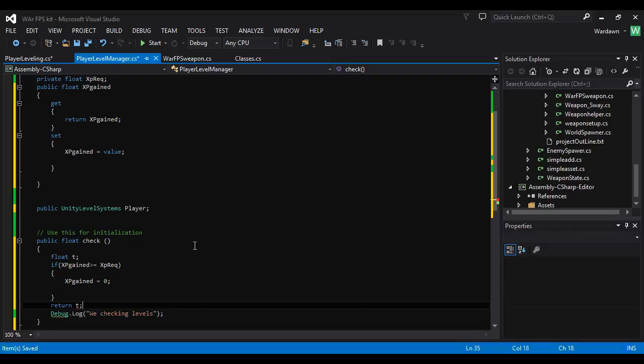What? Oh. Equals XP gained. Okay, and what this does is, wait, why is it complaining about this? Debug.log. Oh, yeah, because it does that. Okay, so,